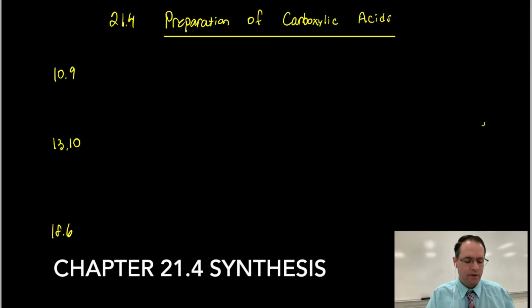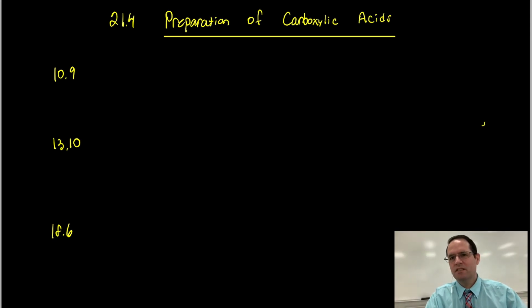Welcome back. We are going to be talking about the preparation of carboxylic acids. We've already learned 3 different ways to make carboxylic acids, and I'll show you 2 new ways today that kind of piggyback on things we've seen already, okay? So in section 10.9, we've learned that alkynes can be ozonolized to produce 2 carboxylic acids, the same if we